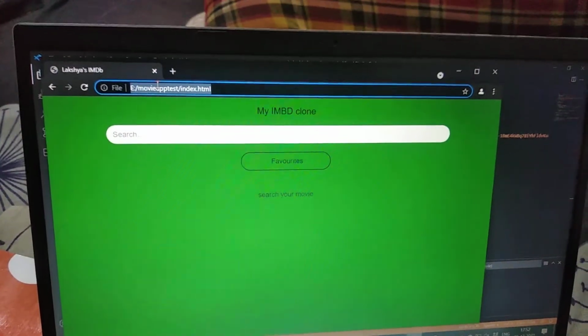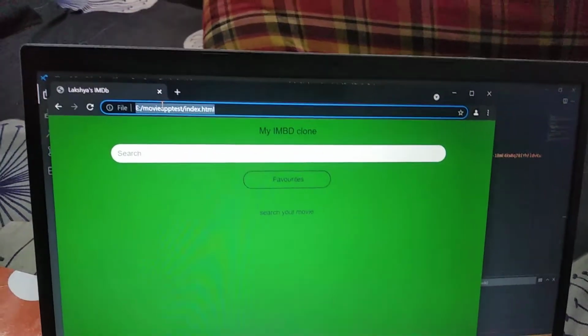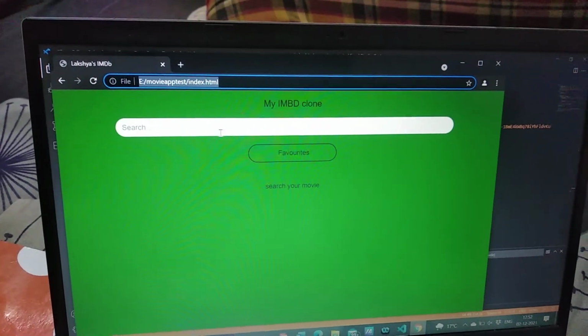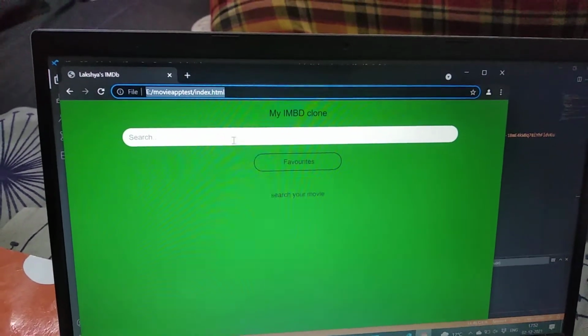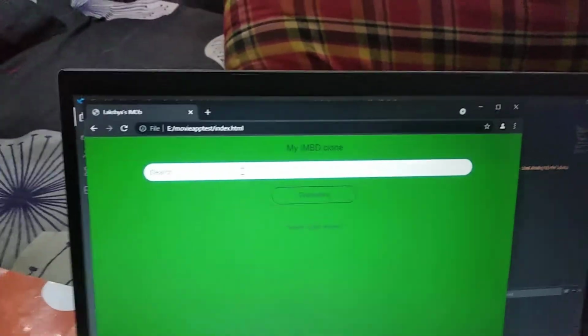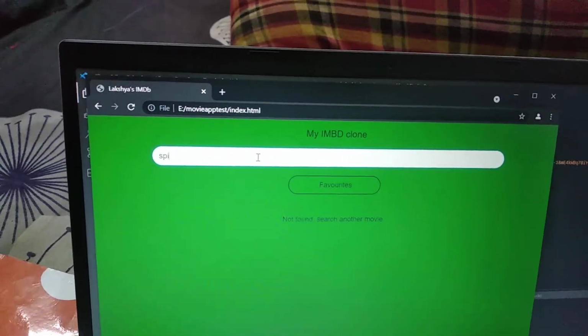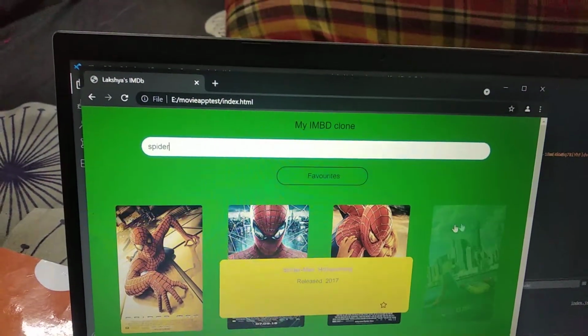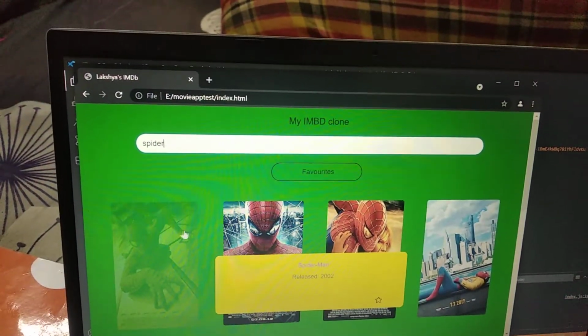This is my IMDb clone app. The title is IMDb, and it has a search bar and a favorite bar. For example, let me search for a movie, let's say Spider-Man. When I write Spider, it shows me suggestions of movies, and when I hover over